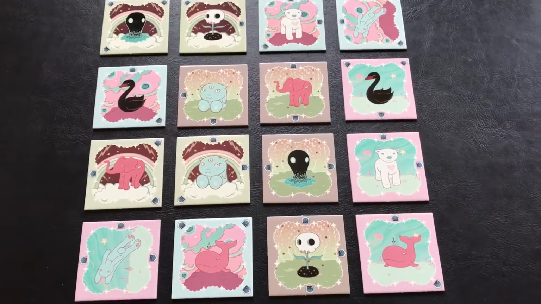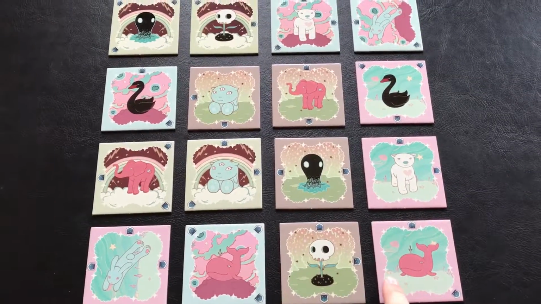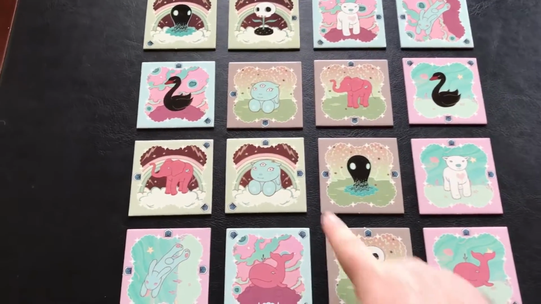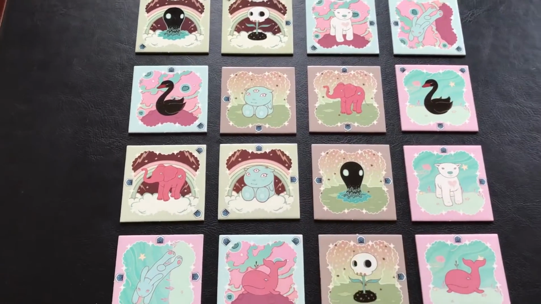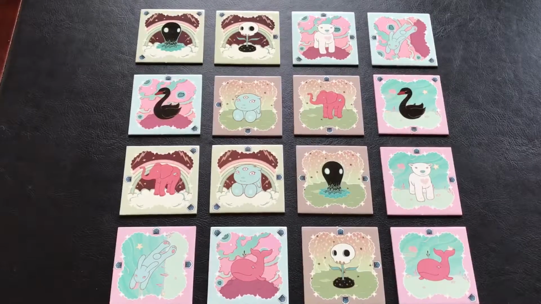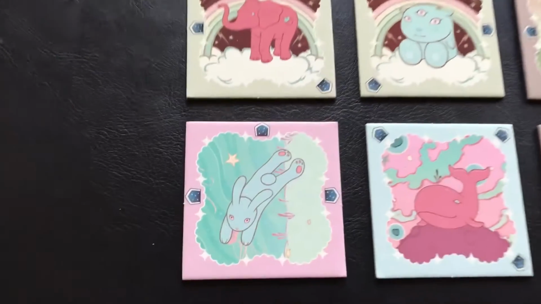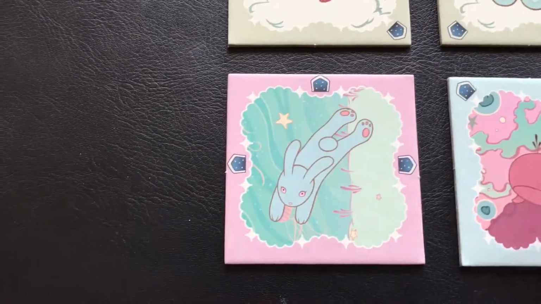Each tile contains an environment, or the background, so you have an underwater, kind of a deserty, more of a space theme with a rainbow on it, as well as a cute and adorable yet strange creature from the Dreamwell itself. Taking a closer look at one of these tiles, you will also notice that on the sides here you